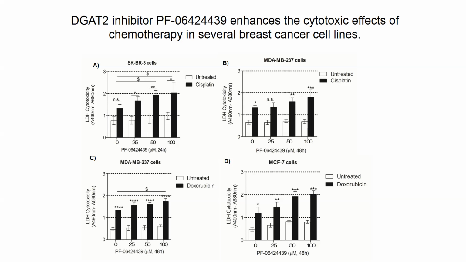But in every case, what we showed is that the cells were treated with the inhibitor of DGAT at different concentrations: 0, 25, 50, and 100 micromolar. And you see in the white bars that not much happens to the cells when they're treated with the inhibitor alone. But if you add a chemotherapeutic agent, then you are really synergizing cell death, which we know because